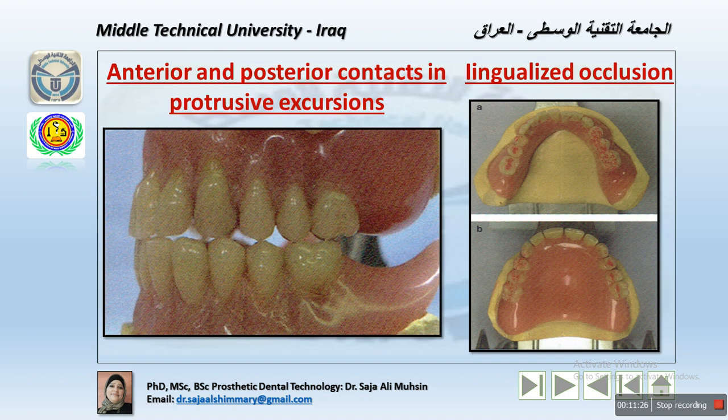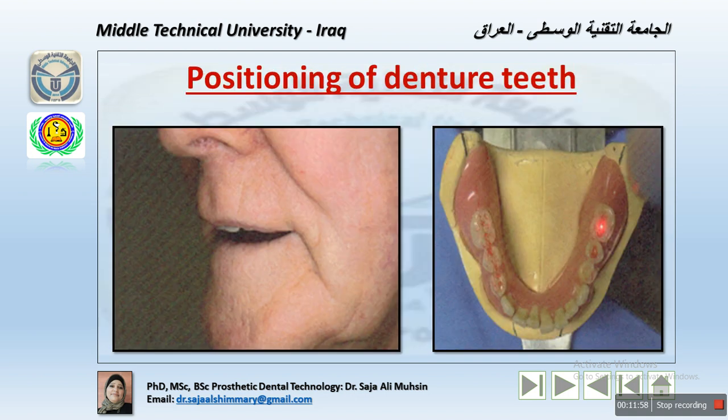Until now, we recognized all the important points regarding the working and the balancing side, and the difference between the setting of teeth in natural occlusion and setting of teeth in lingualized occlusion, and of course the position and contacts of natural teeth in the patient, and the contacts within the natural occlusion in terms of artificial teeth and lingualized occlusion as well. So now with the positioning of the denture teeth,